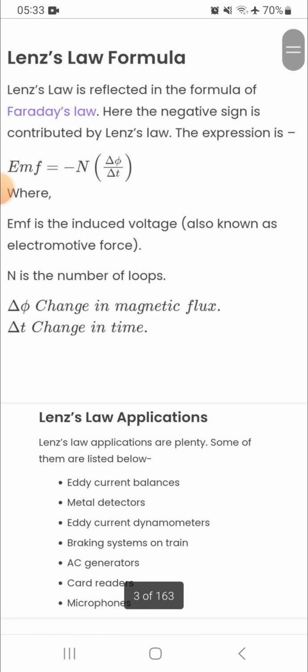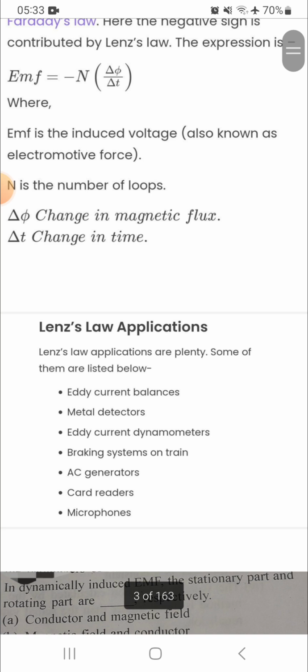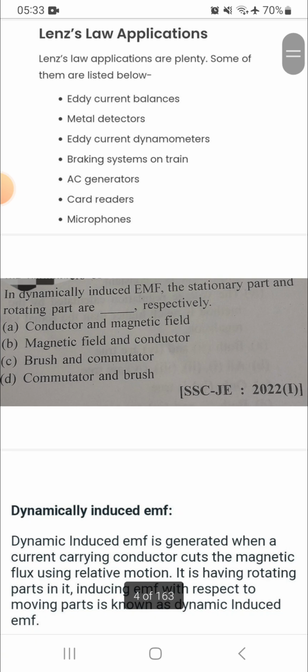Next one, Lenz's law applications: eddy current balances, metal detectors, eddy currents, dynamometers, braking systems on trains, AC generators, car readers and microphones. Next one, in dynamically induced EMF the stationary part and the rotating part are,